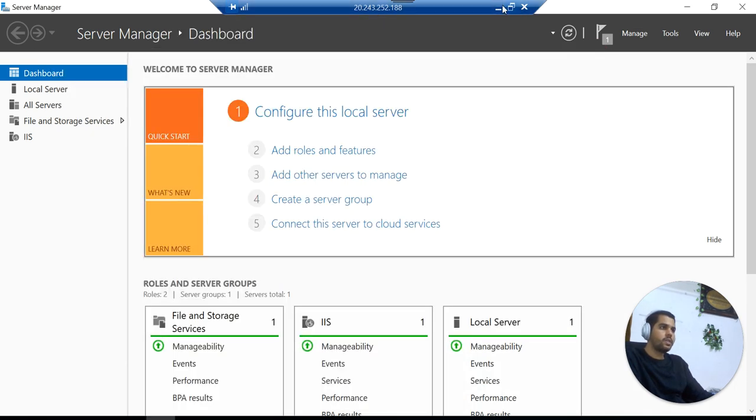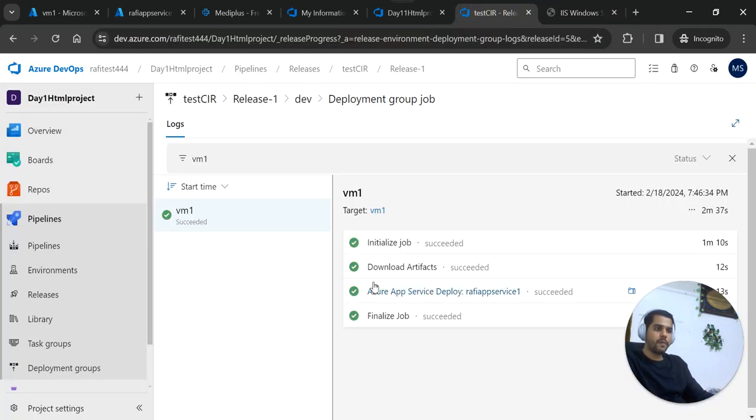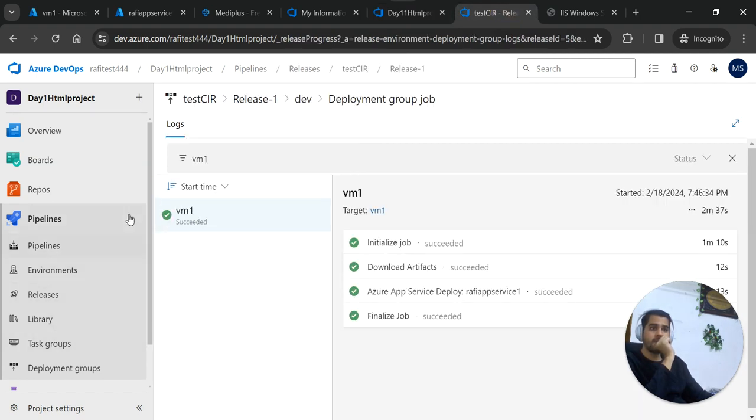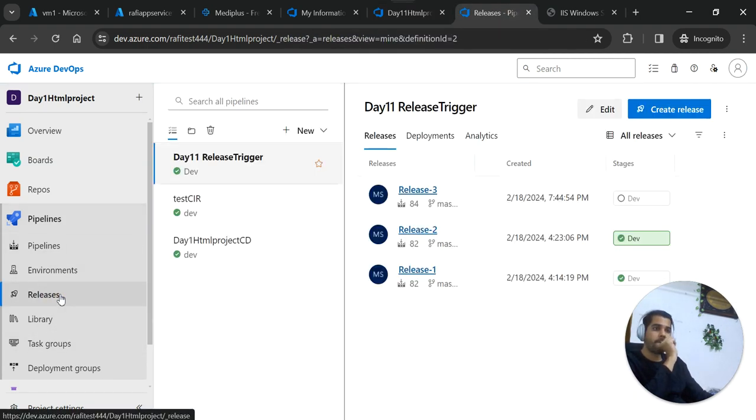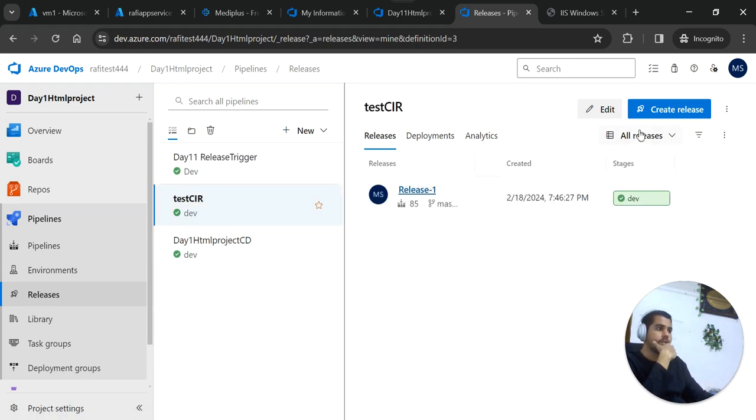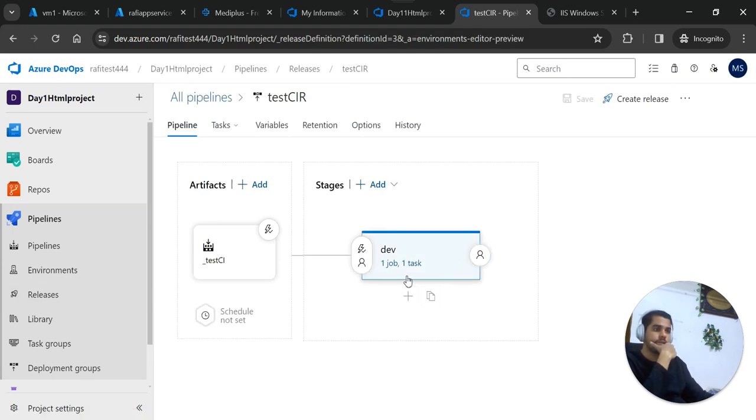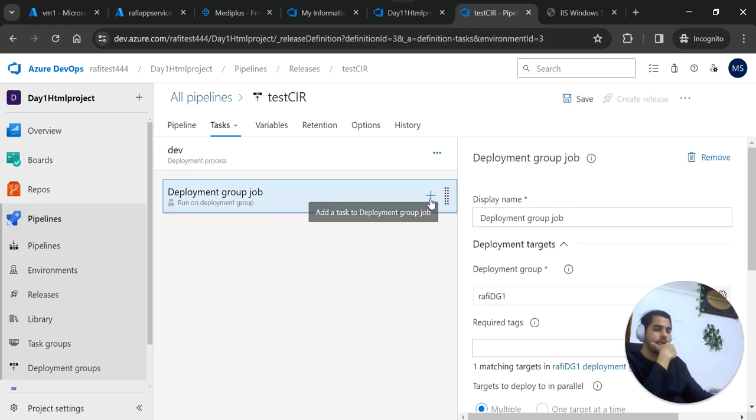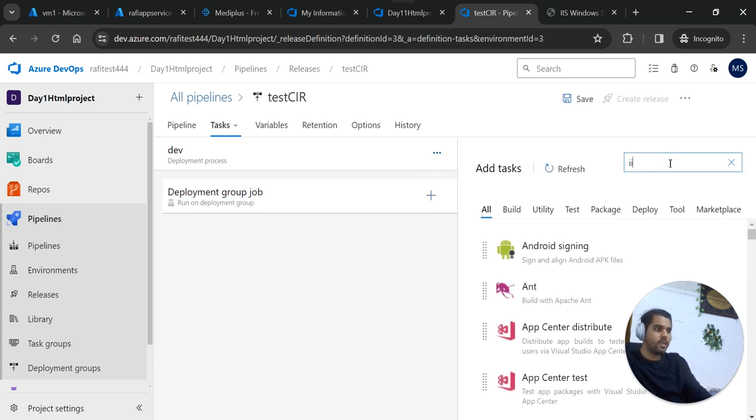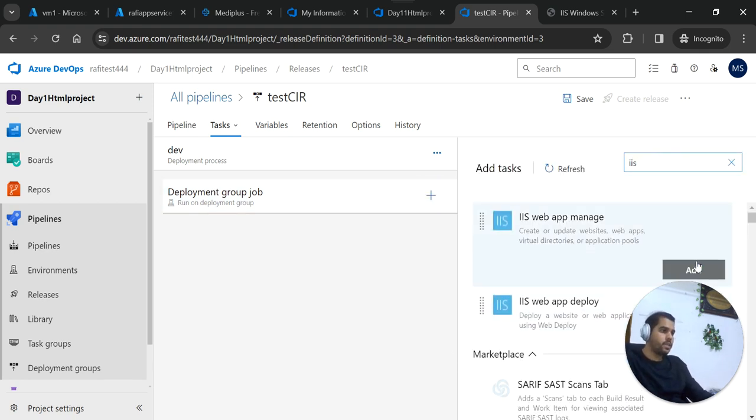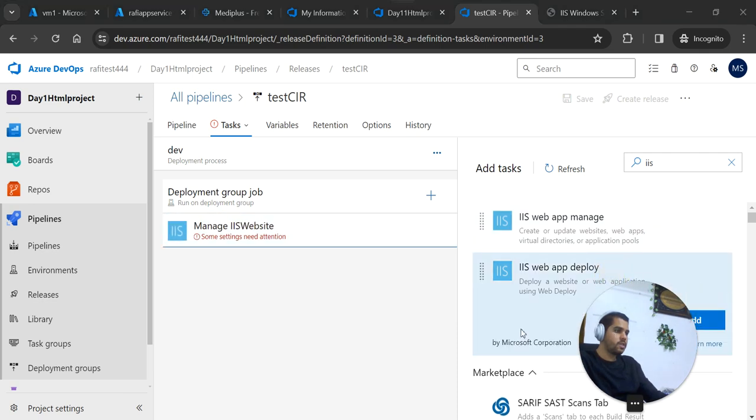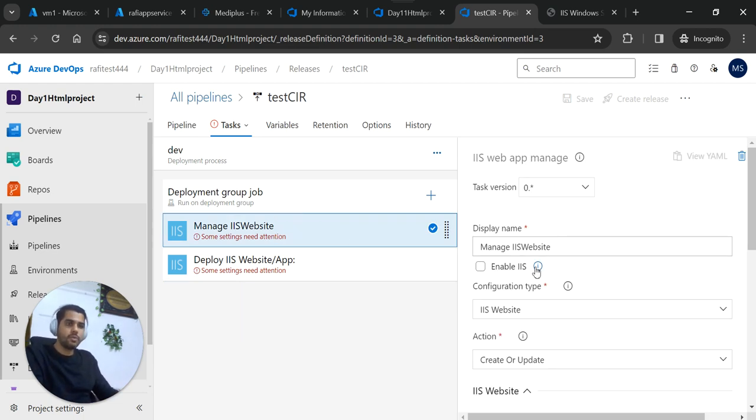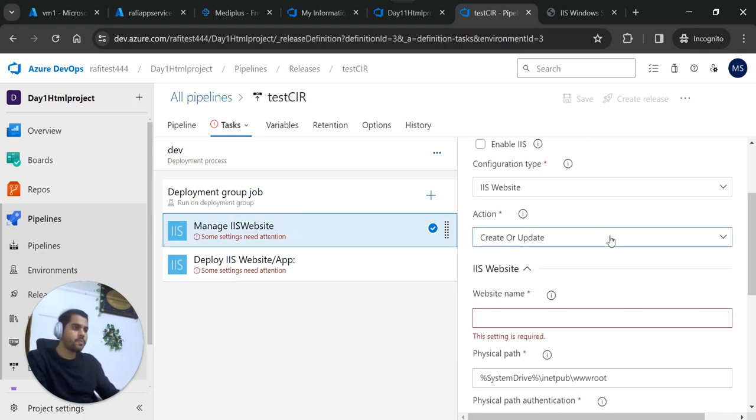So instead of doing that, what we're gonna do, we're gonna edit the release pipeline. Go to releases, test CIR, edit, select this task, just delete this. Now add IIS web app manage and deploy. Now what we're trying to do on the manage IIS website,